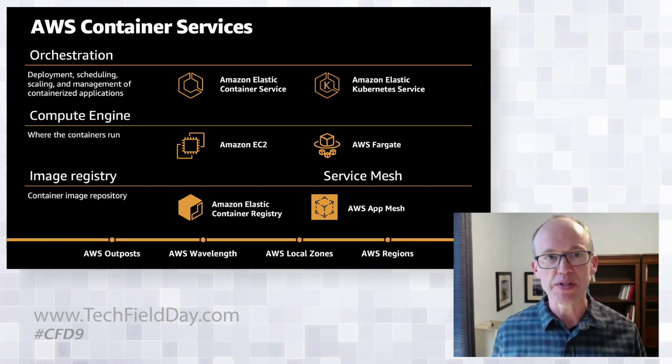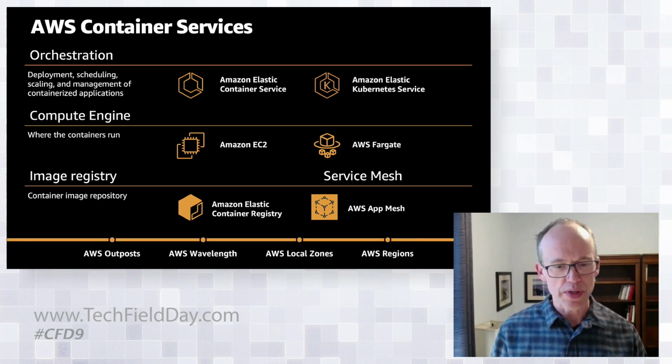And then we have things like Graviton, which is the ARM-based CPU. Graviton 2 instances have a really awesome price to performance ratio, and container services just work with those. You can use ECS and EKS with those Graviton instances to get that superior price to performance. So that's a pretty long slide, but I knew I would spend a lot of time on it and there would be questions about it.